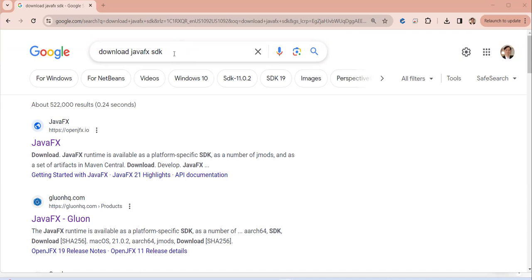To start, we need to download the JavaFX SDK. Assume that you already have Java installed. I have the latest version, Java 21. So I'm going to download it from Google. Type in download JavaFX SDK. Now you see right here, the first one, JavaFX. I'm going to click on this JavaFX